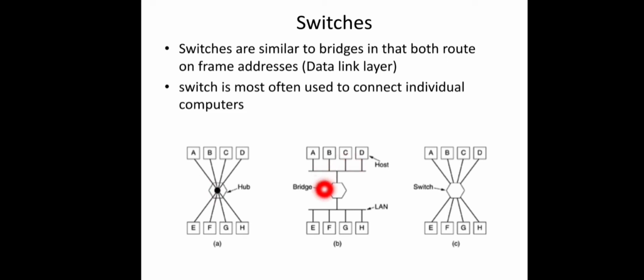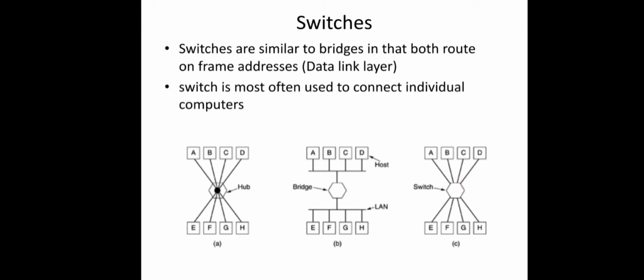And what about the bridge? Every individual network forms its own collision domain. So this is one collision domain, and this one is another collision domain. Each individual network will run its own collision detection or resolution algorithm, for example CSMA/CD. So data from this domain will never collide with this domain. So definitely the chance of collision compared to a hub will be less in the case of a bridge.